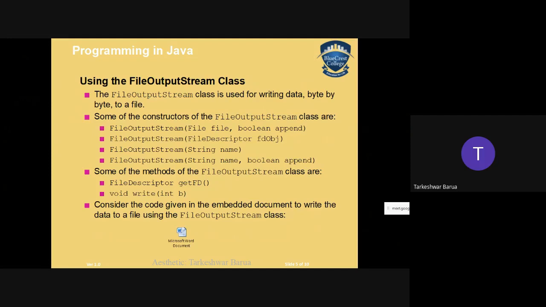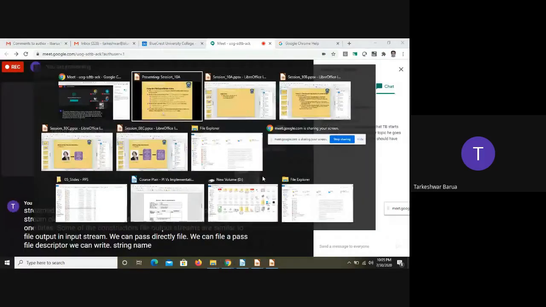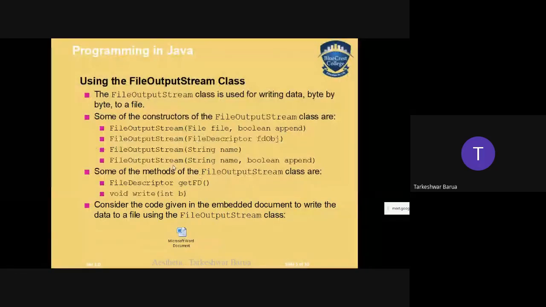File output stream class is used for writing data byte by byte, one by one. Some of the constructors of file output stream are similar to file input stream. We can pass a file directly, we can pass a file descriptor, we can write a string name.